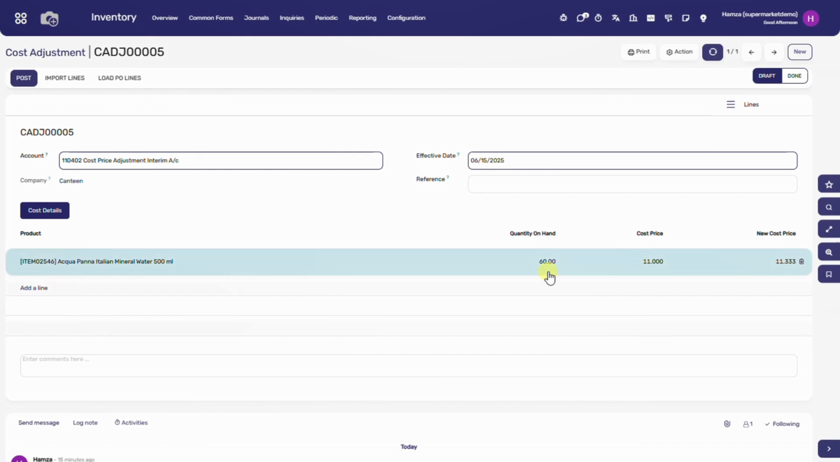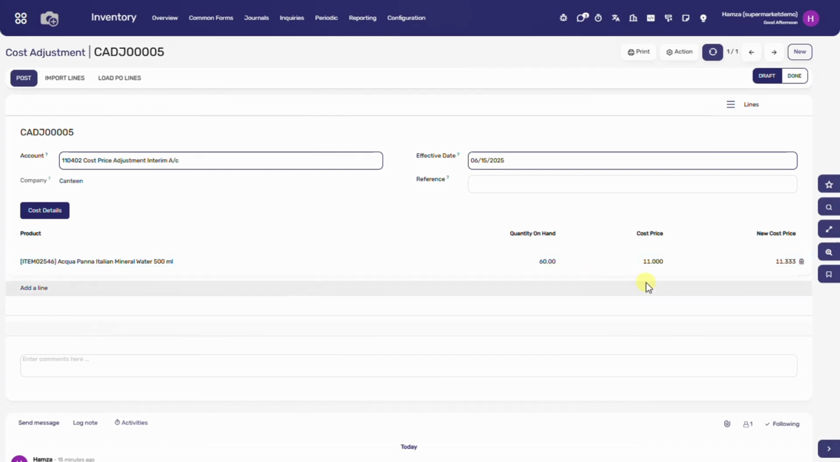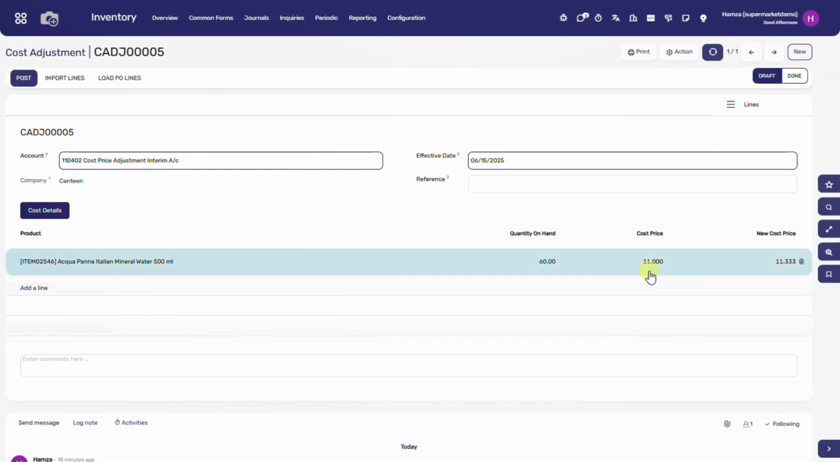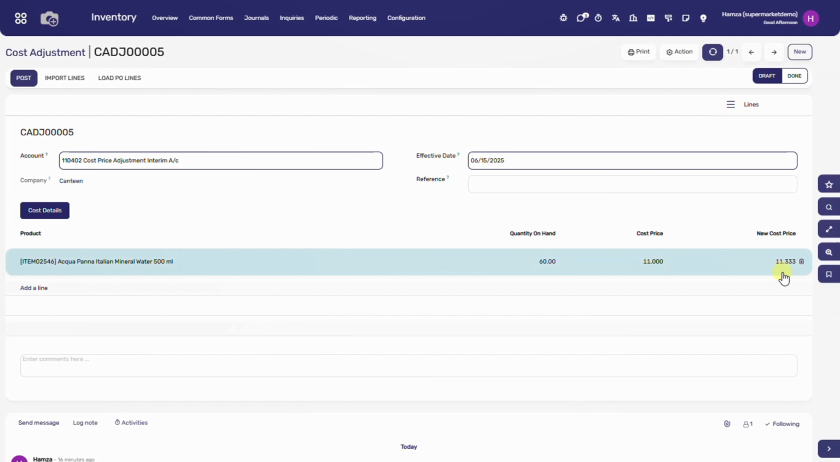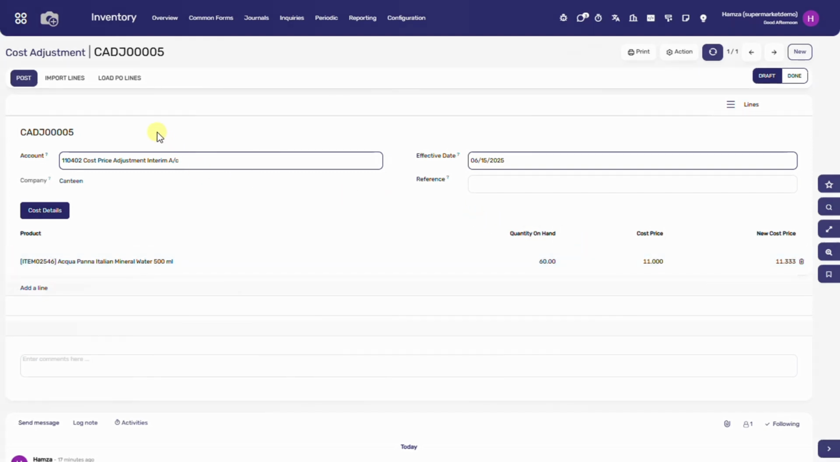So here as you can see this is the quantity on hand 60 pieces. This is the cost price, which is the current cost price, and here this is the new cost price, that is 11.333. So this new average cost price was supposed to be the correct cost price. So now to reflect the changes, we need to post this cost adjustment journal. So as you can see the status of this journal right now, it is in the draft status. So now we need to click on post,